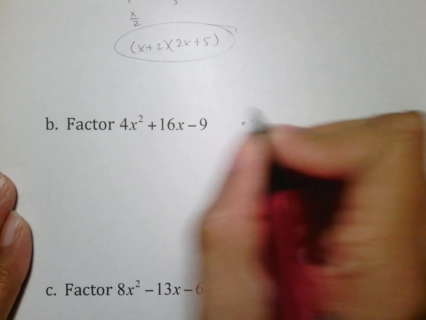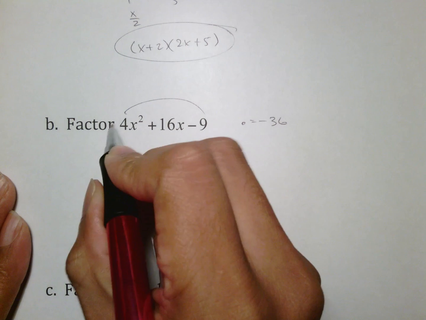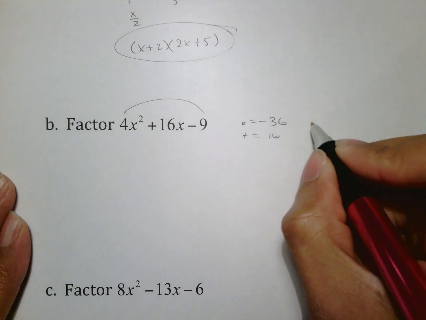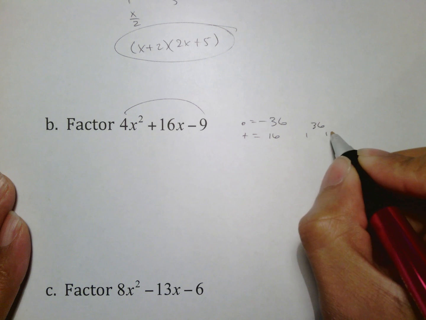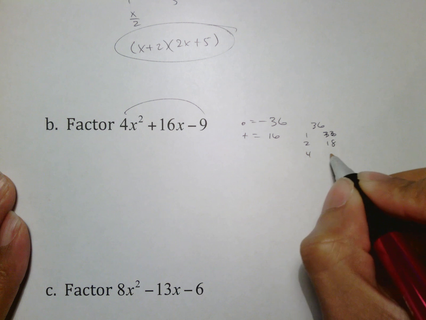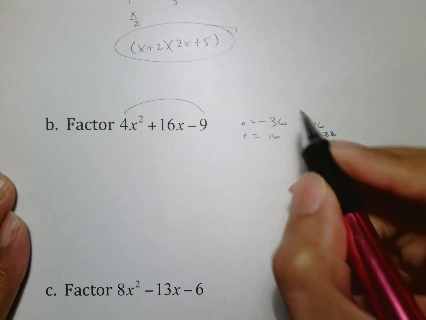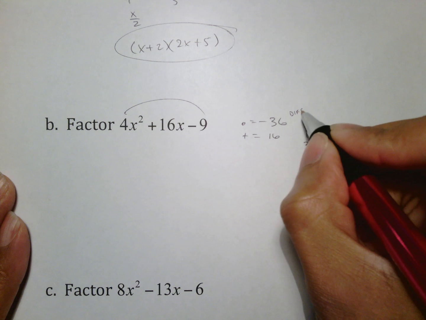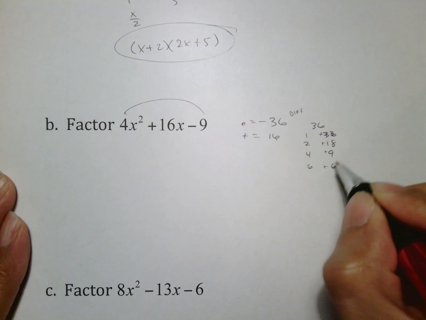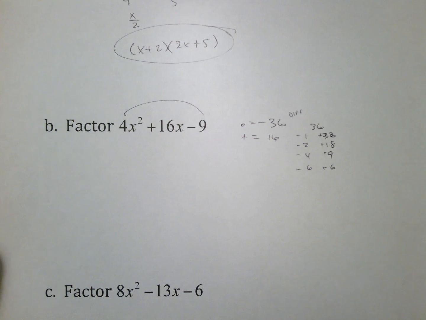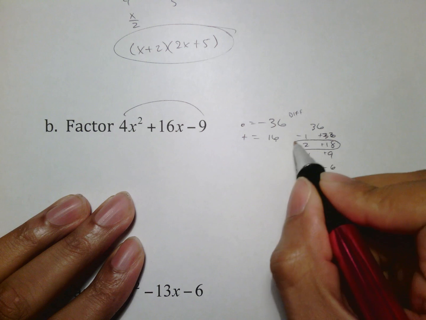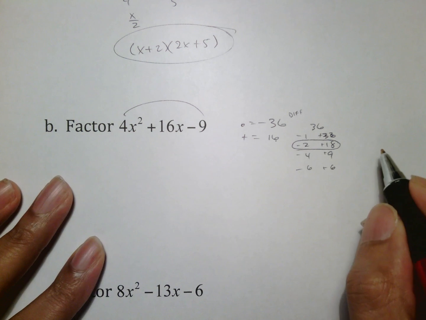Looking at B, we are looking for numbers that multiply to be negative 36 because that's 4 times negative 9, and add to be 16. And so we look at the tree for 36, which is 1 and 36, 2 and 18, 3 doesn't go, but 4 times 9 and 6 times 6. The fact that this is a negative 36 means the signs are different. The fact that this is a positive 16 means that this side is positive, which means that the small side must be negative. And the ones that make positive 16 would be these here, negative 2 and positive 18,